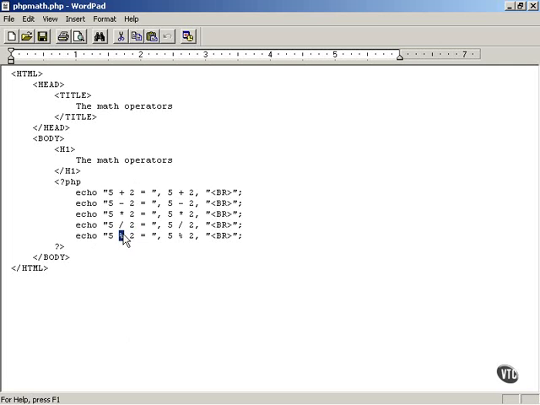Here's the modulus operator, which is also supported in JavaScript, and it's 5 mod 2, which gives you the remainder of dividing 5 by 2. And when you divide 5 by 2, you get 2 with a remainder of 1, and so that should produce a value of 1. And we're going to take a look at this in a web page in the browser,